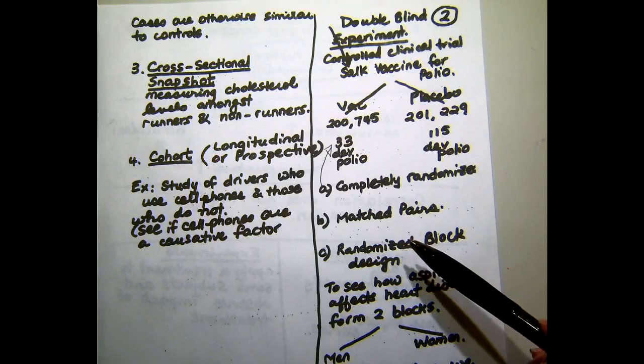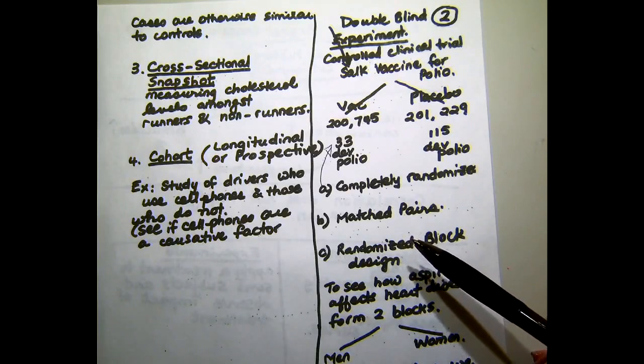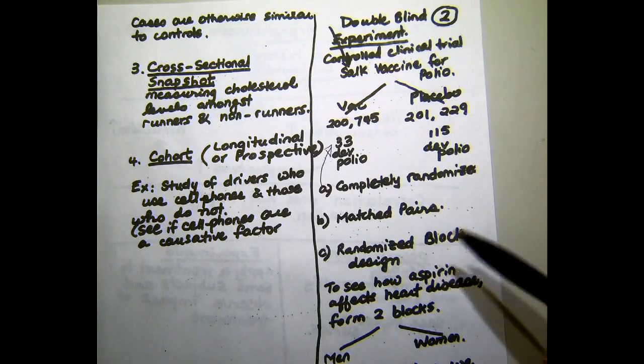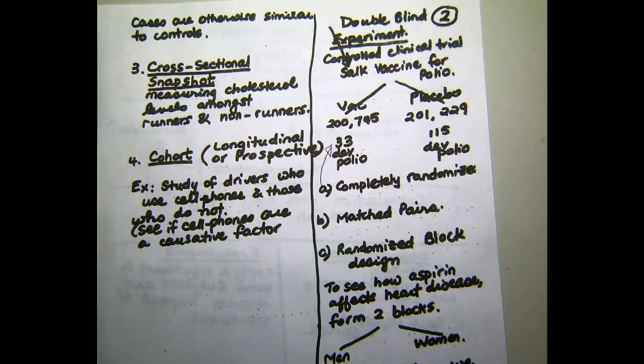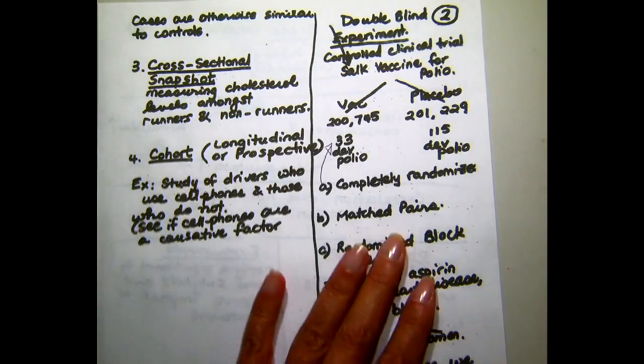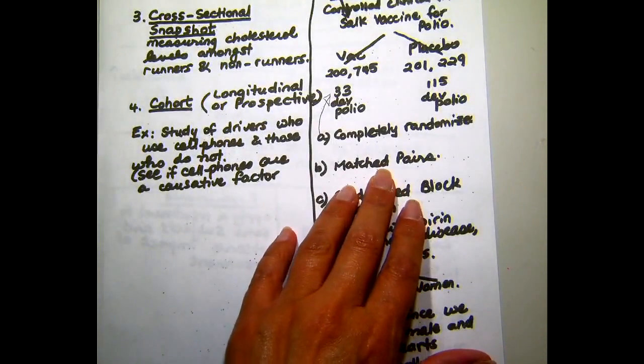That would be called a matched pair design, where the subjects enter as pairs, and one of the pair is chosen to receive the treatment and the other one by default receives the placebo. That would be called a matched pair design, and we talk about matched pairs a lot